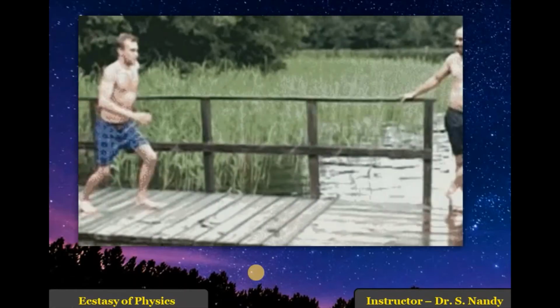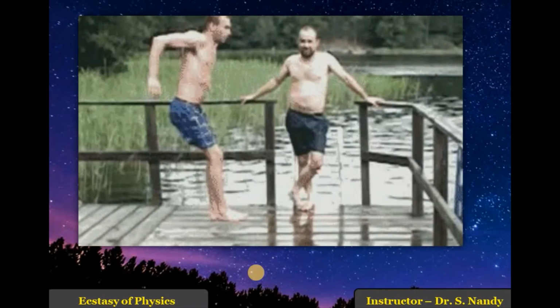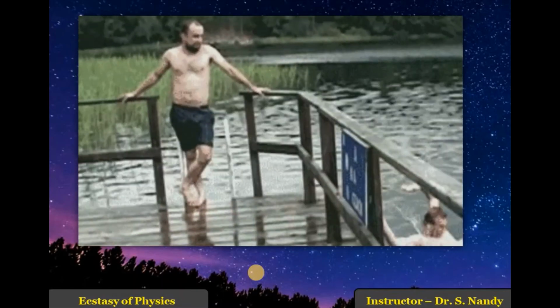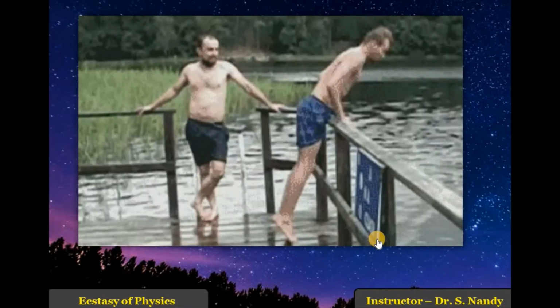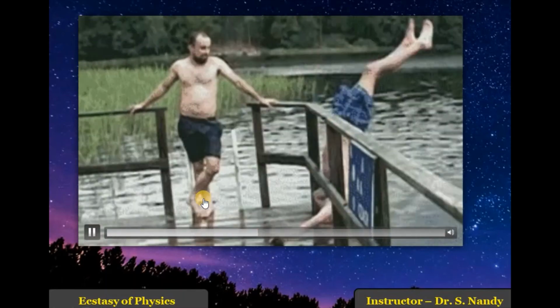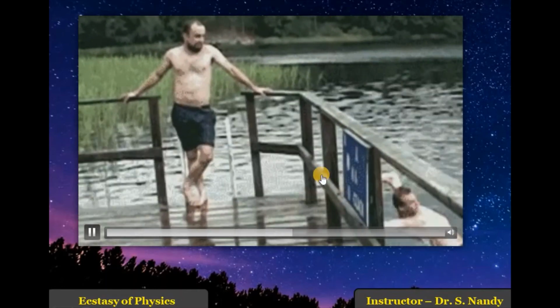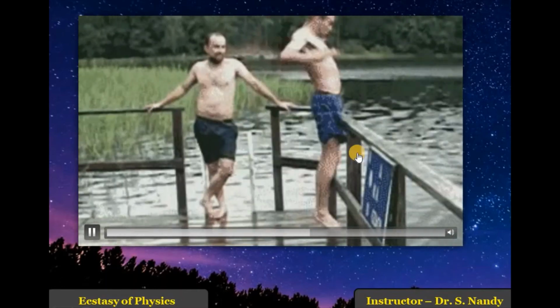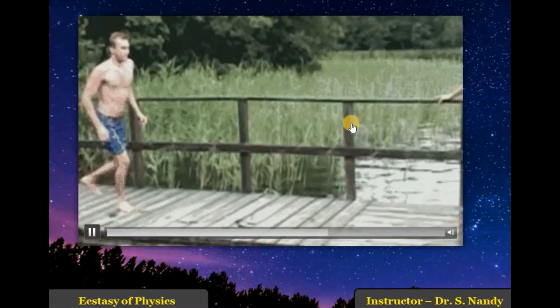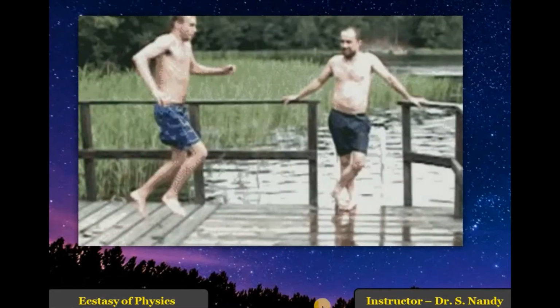Let's consider a quick example of linear and angular momentum. Here in this picture we can see that the person is trying to make a jump, but he gets turned at the end. Up to the fence, when he is having linear or translatory motion, that is considered as linear momentum. But at the end, with respect to this fence, he got turned, so that will be converted into angular momentum.